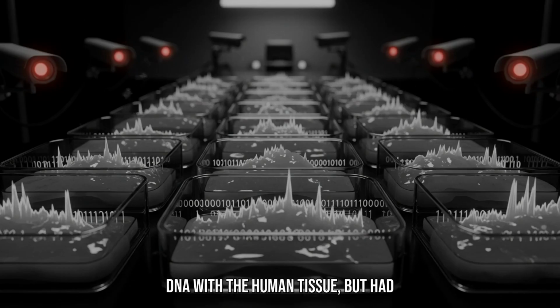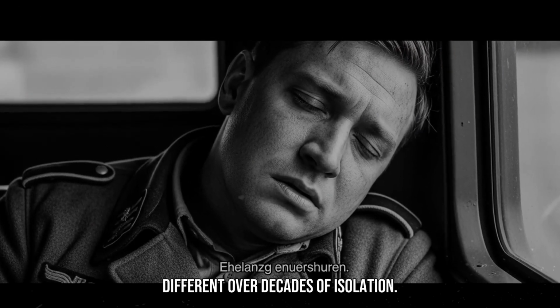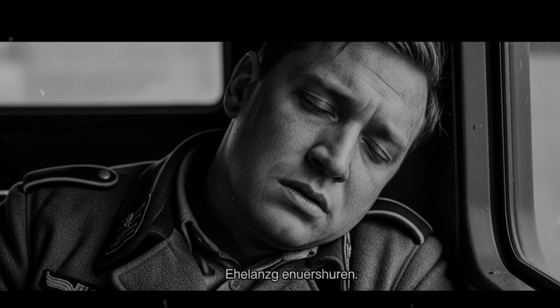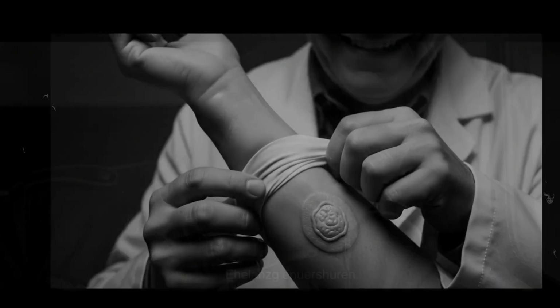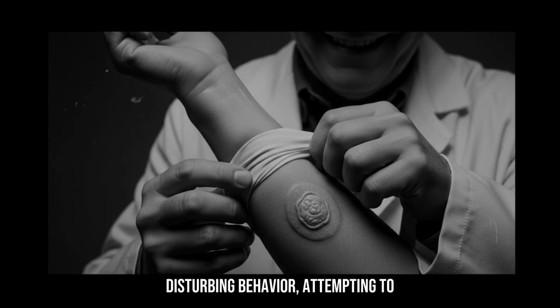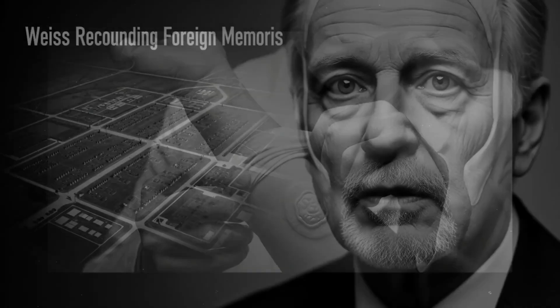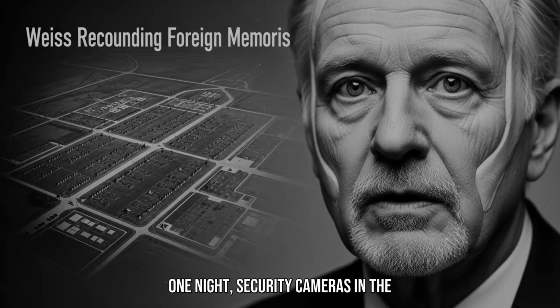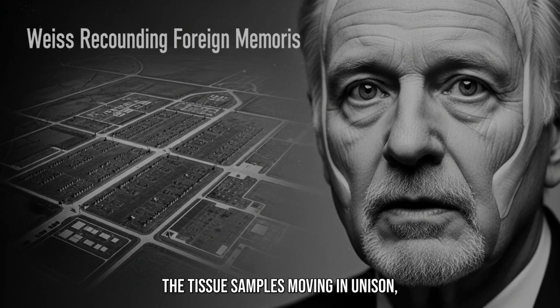organisms that shared DNA with the human tissue but had evolved into something entirely different over decades of isolation. These parasites appeared to be maintaining the tissue's growth, acting like a biological support system. When isolated, the parasites exhibited disturbing behavior, attempting to burrow into any organic material they contacted, including the protective gloves of the researchers. One night, security cameras in the research facility captured footage of the tissue samples moving in unison,